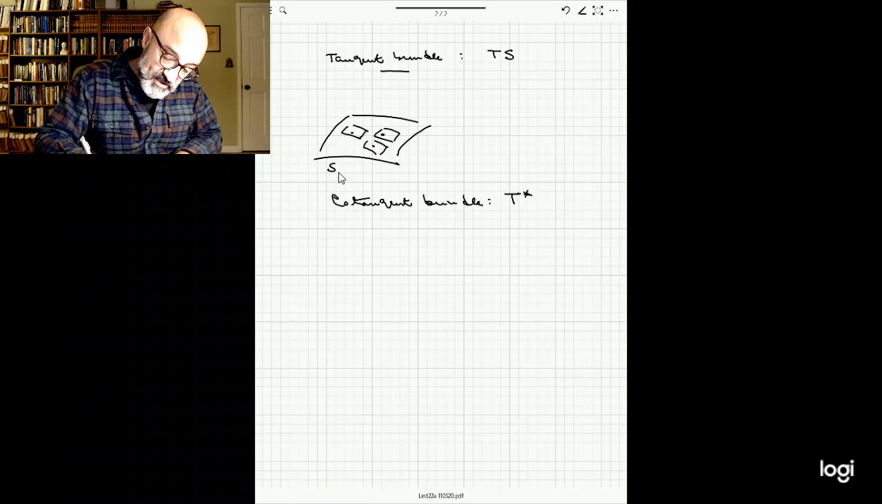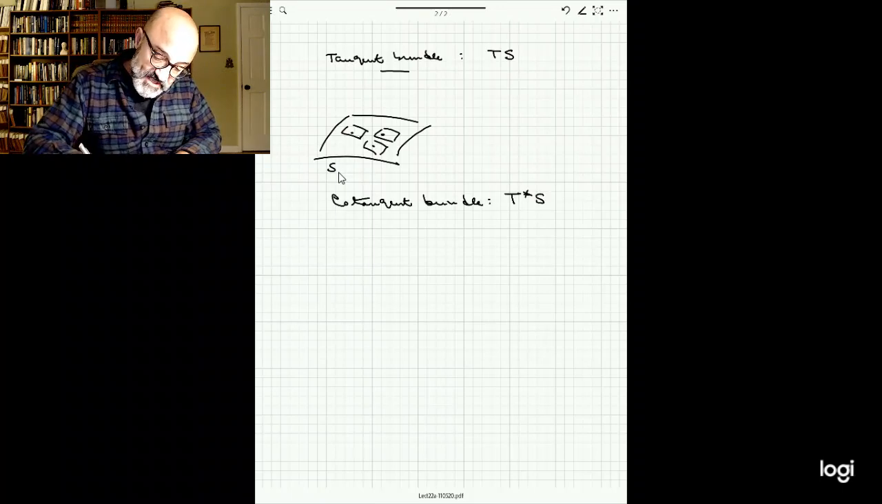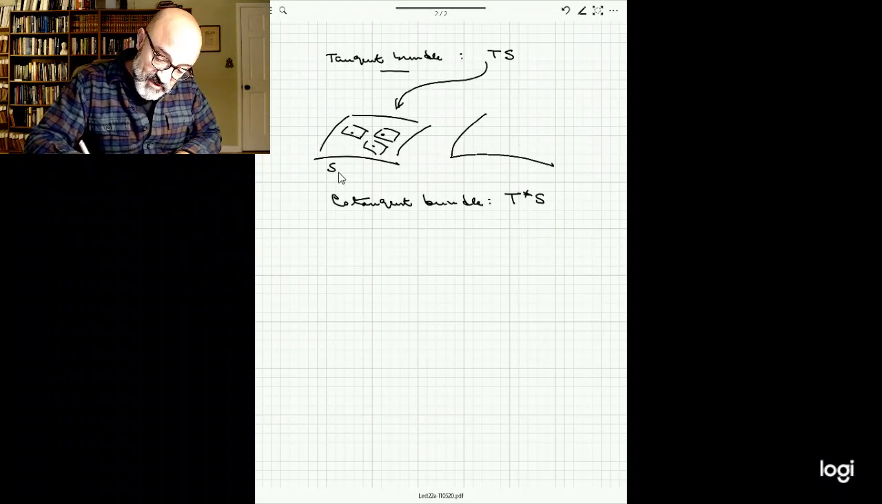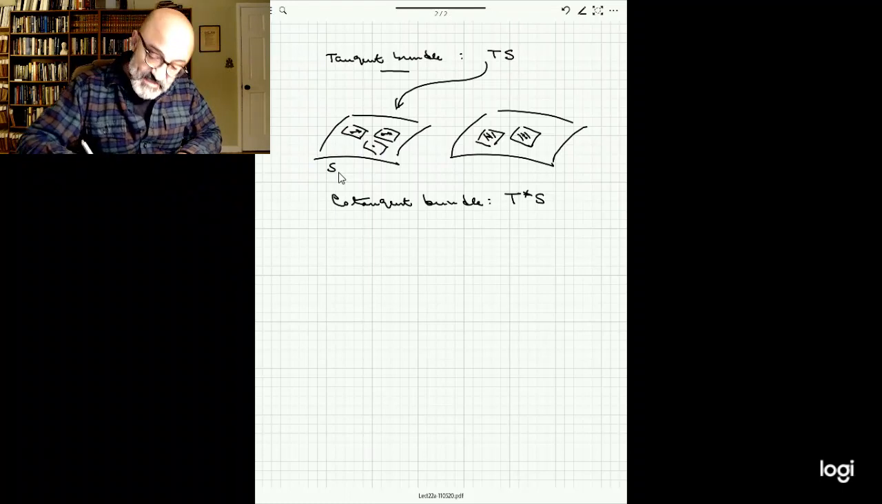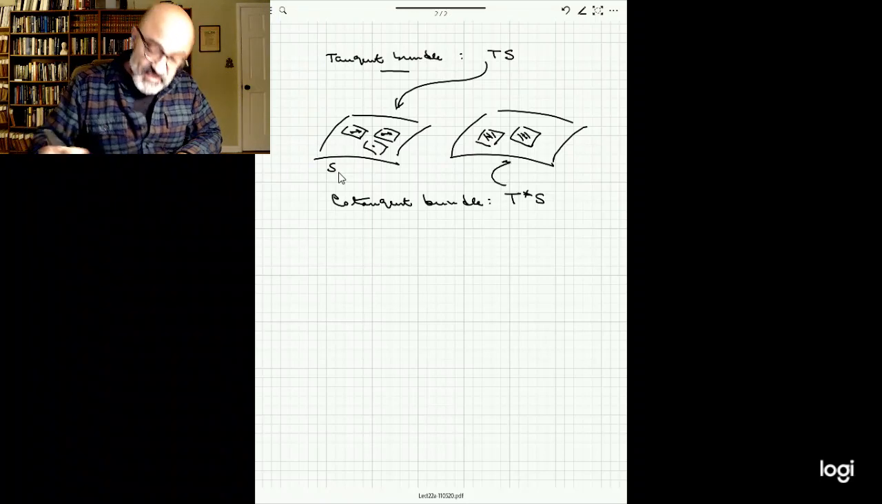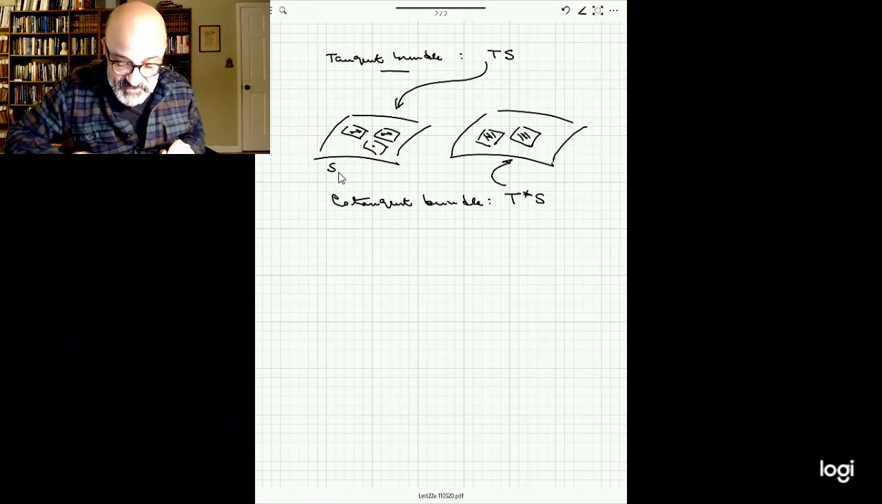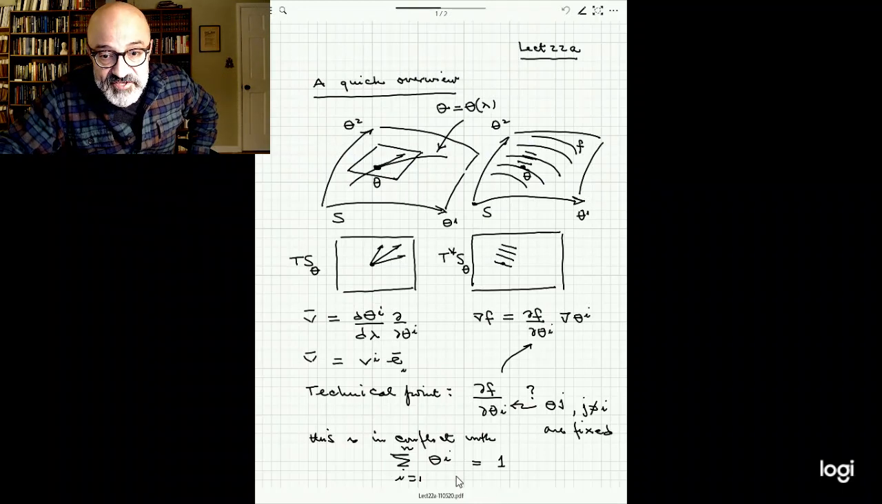T star S, and it is actually, so this is this guy here, and we can do exactly the same thing here with the cotangent spaces. Here we have vectors. Here we're going to have covectors. This is this guy here. But now, because of the problem with the partial derivatives, we have to be very careful about what we mean by